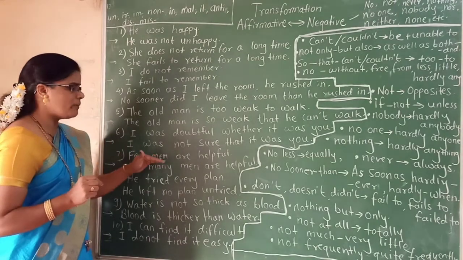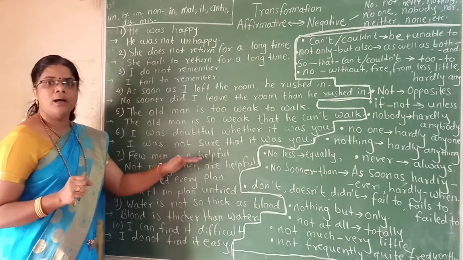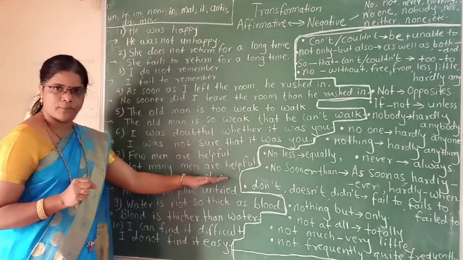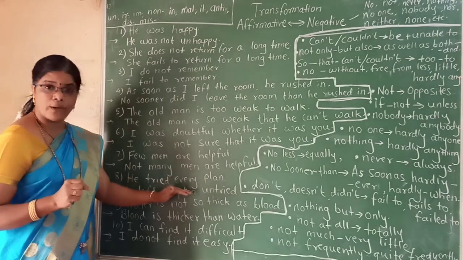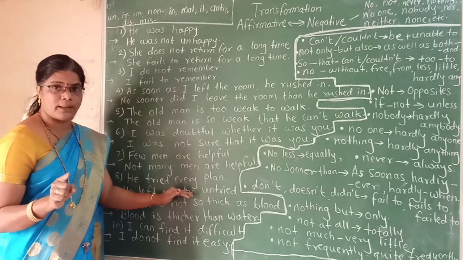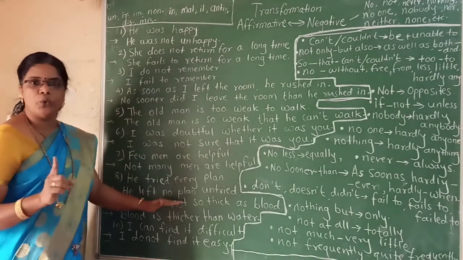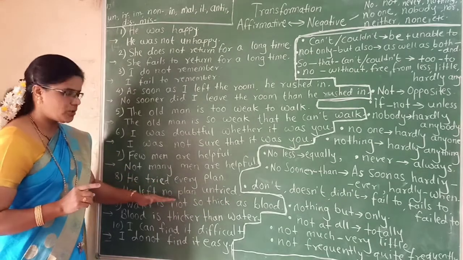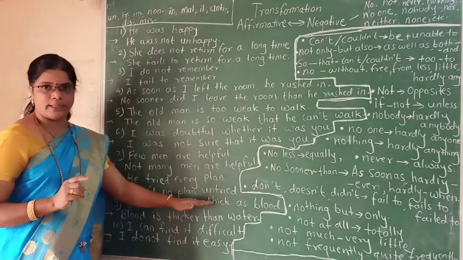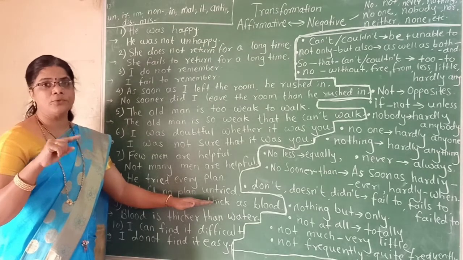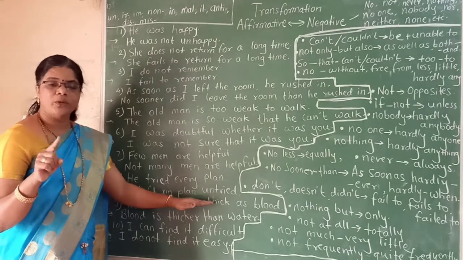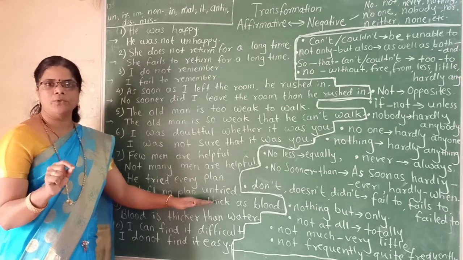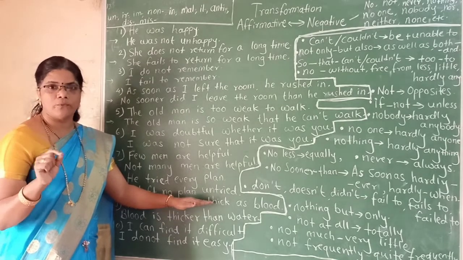Next one, few men are helpful. Few men are helpful. This should be changed to negative in this way: not many men are helpful. Next one, he tried every plan. See, he tried every plan. Here, he left no plan untried. We have used the opposite of "tried" here and used "no". He left no plan untried. So while transforming affirmative to negative and negative to affirmative, you must understand the meaning of that sentence. So it will be easy for you to use the proper word in such